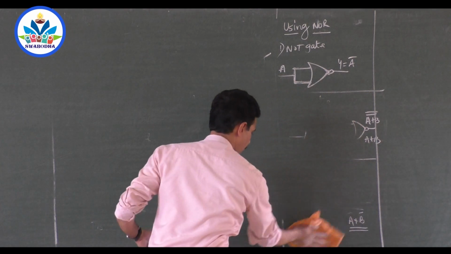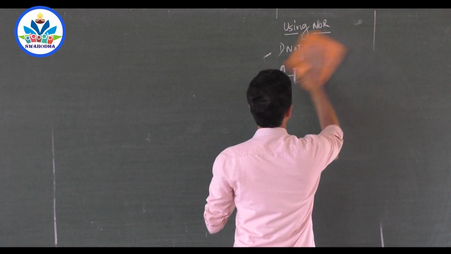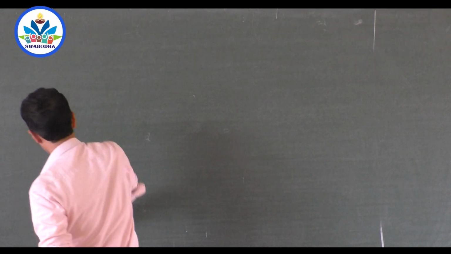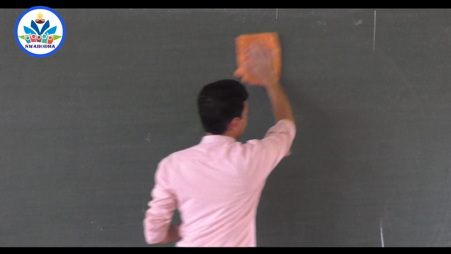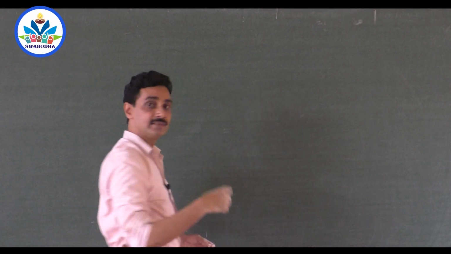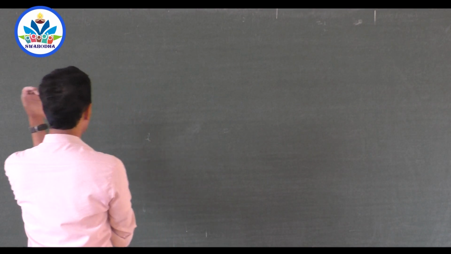We will write all the cases of AND gate, then we will do that. We will write AND gate first. What are the things involved in the AND gate? Then we will go to NAND gate, and then using NAND gates we will do it. So revise once AND gate.